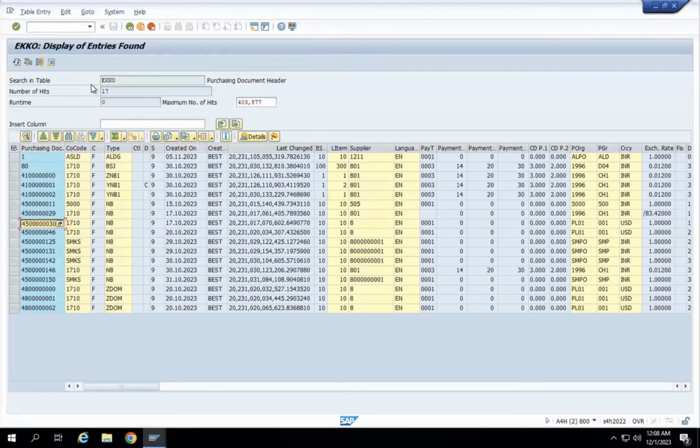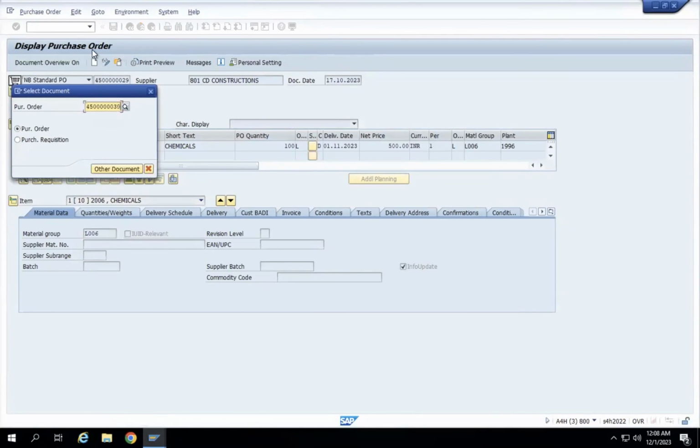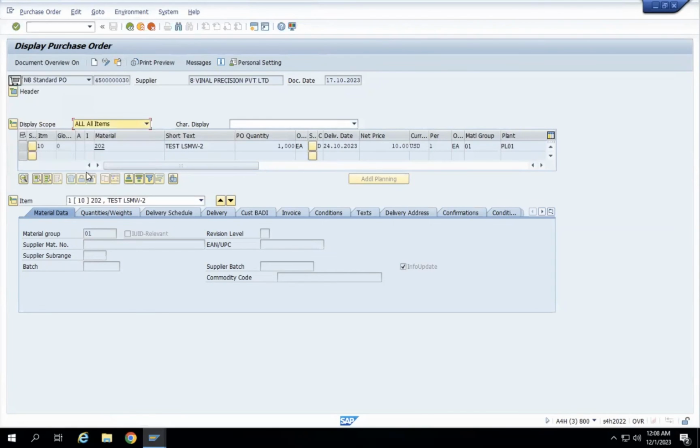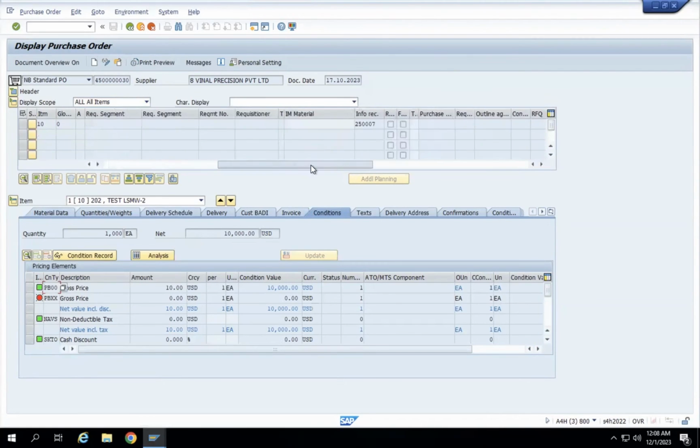So we have a purchase order. Go to ME23N and give the purchase order number. Okay. Conditions will have a PB00 and I want to go to